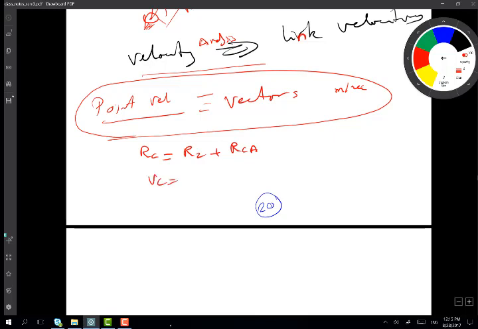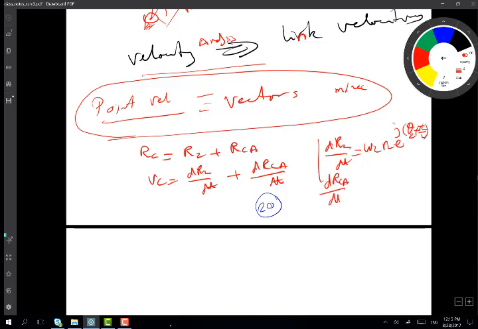VC is dR2/dt plus dRCA/dt. And don't forget the derivative is so simple. We're not doing mathematics here. It's as simple as just saying dR2/dt is omega 2 R2 e to the j (theta 2 plus 90), and dRC relative to A/dt is